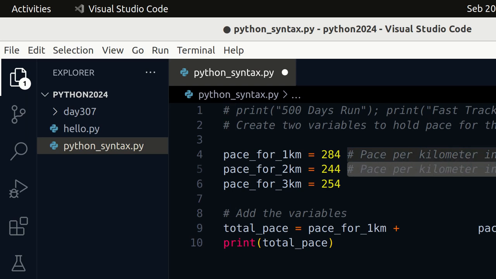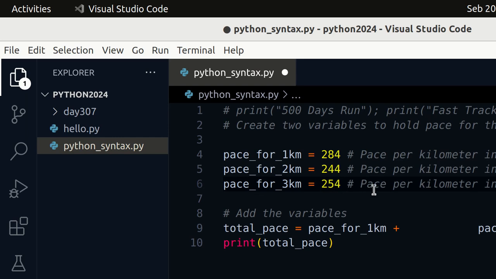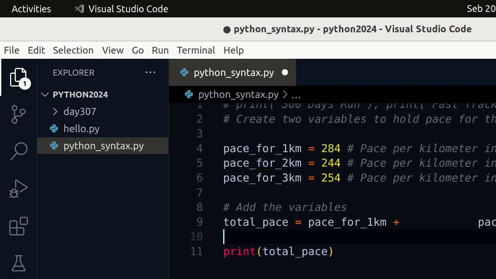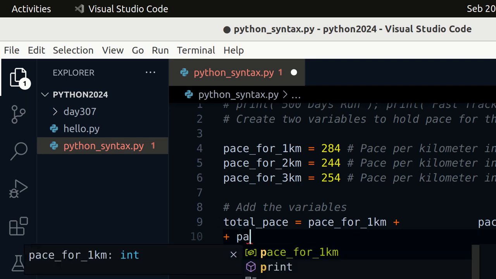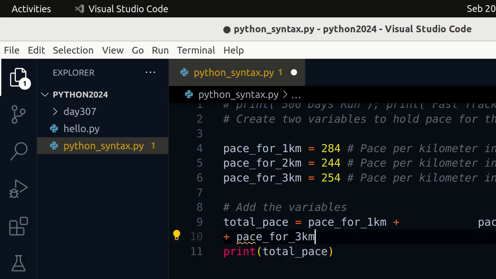If we convert 4 minutes 14 seconds to seconds, this should give us 254. Now, if we are getting the total pace, and then here we enter a new line and put a plus, and then we put pace for the third kilometer.